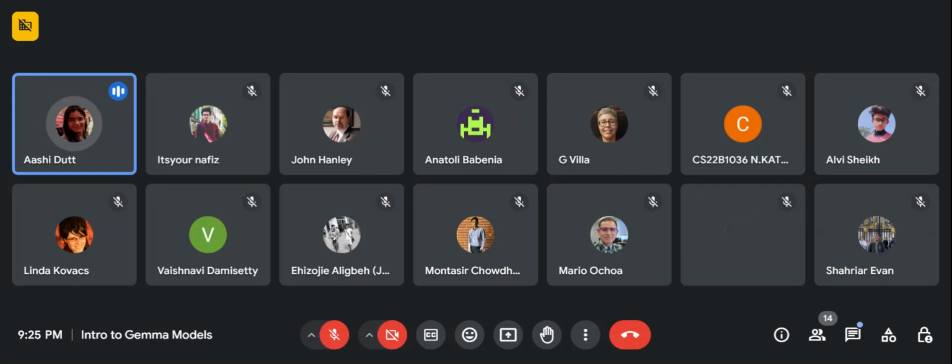Some suggestions to make a mobile app fast and responsive when using Gemma 2 billion. There are a few things that you can do. One is quantization, and the other one is compression. So you can compress these models and convert them using ONNX so that your model size reduces. But I don't think you really want to do that with the Gemma 2 billion model, because it itself is a very small model, and when you deploy it